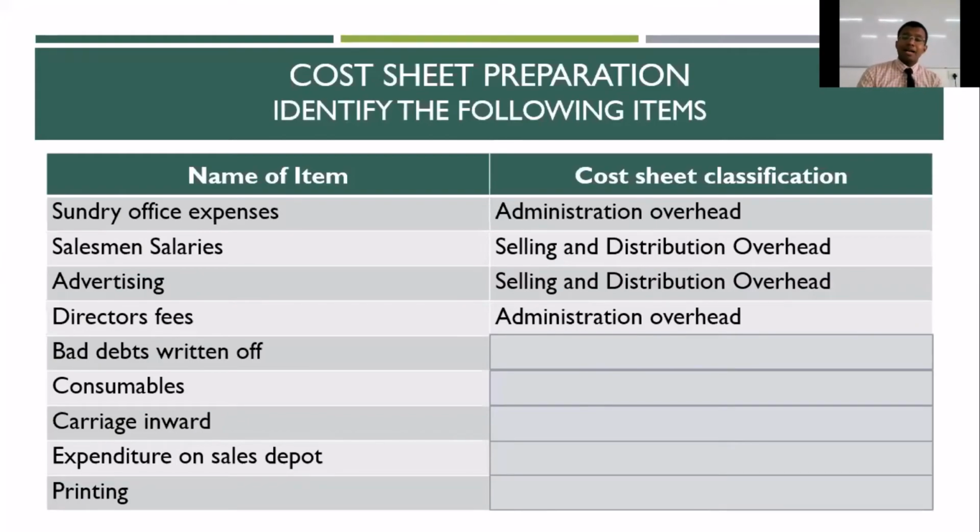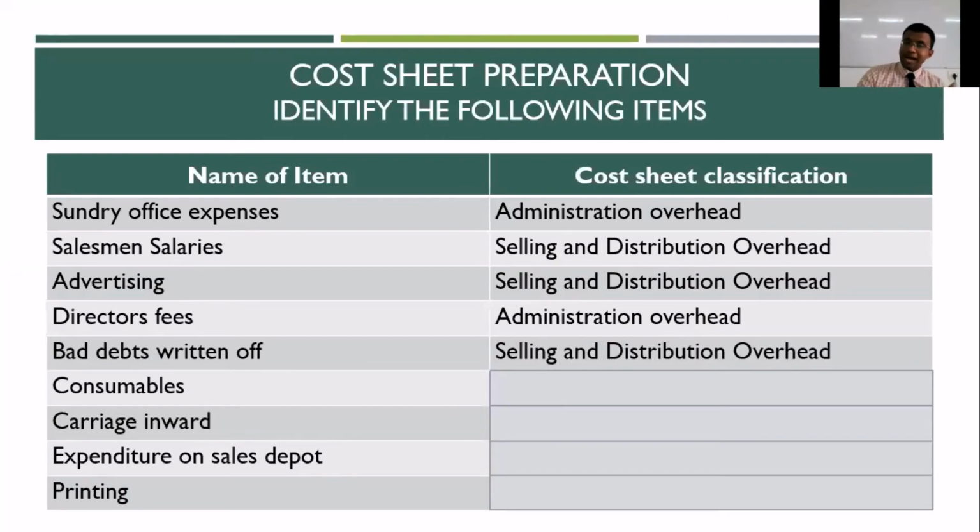For you to understand bad debt written off, first you have to remember the source of your bad debt. Where is your bad debt coming from? Now your bad debt is coming as a part of your credit sale. You carried out a sale and you requested your customer to pay back later, so it's a credit sale. Because you have given him a provision to pay back later, and now he's refusing, this would be a part of your selling and distribution overhead. So bad debt is an indirect expense, and it is a part of your selling and distribution.